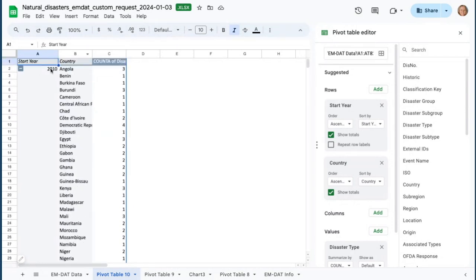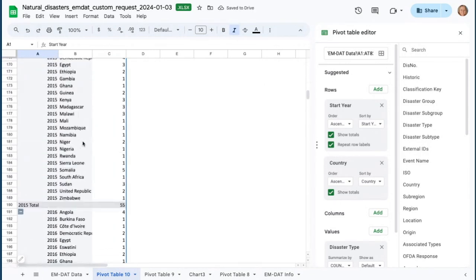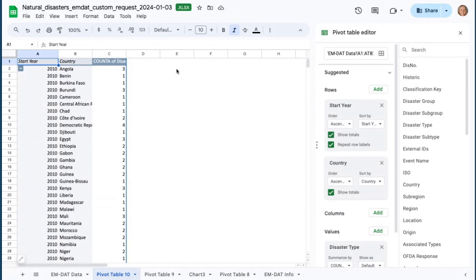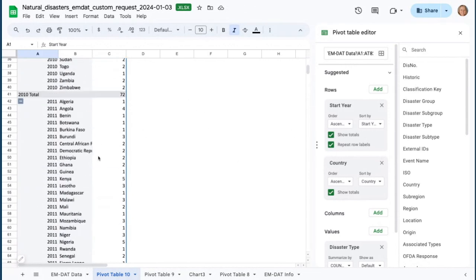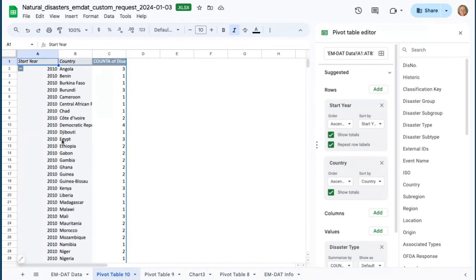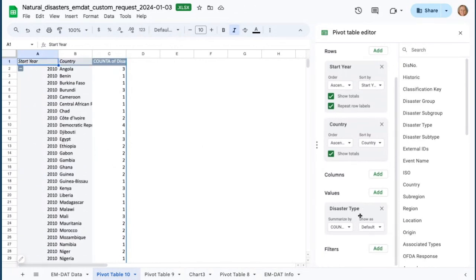So I can actually make, you can see 2010 only appears in the top column. I can make that repeat the whole way down the side. If I click this repeat row label, now I have 2010, 2011, 2012. Okay, so this is actually really quite hard. I don't know how I'm going to illustrate this, but let's try and filter it by country and see what